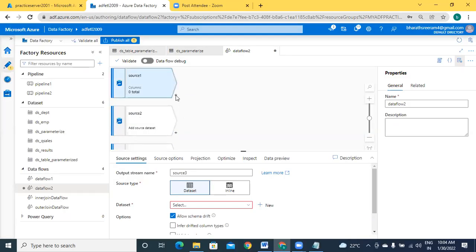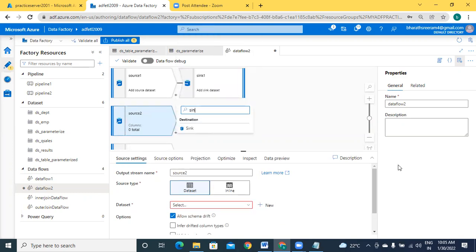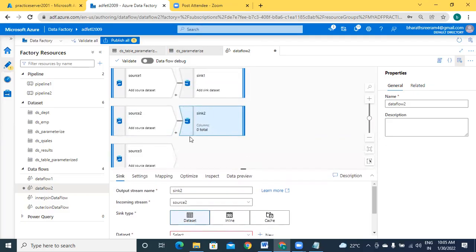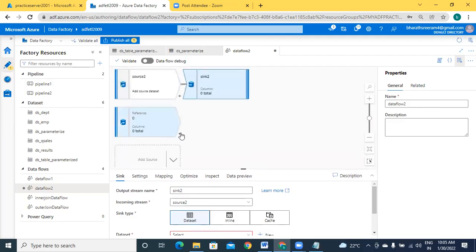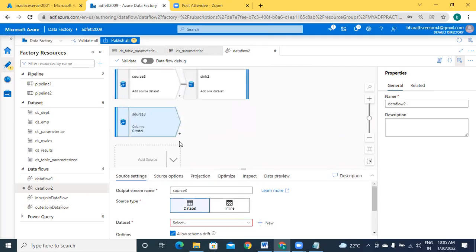So for this one a separate sink, for this one a separate sink, and for the last one a separate sink I can give,